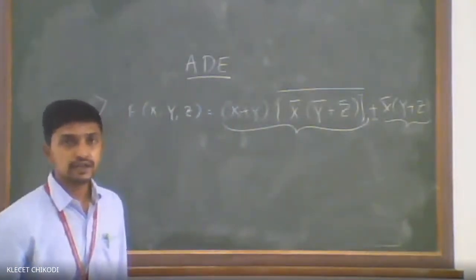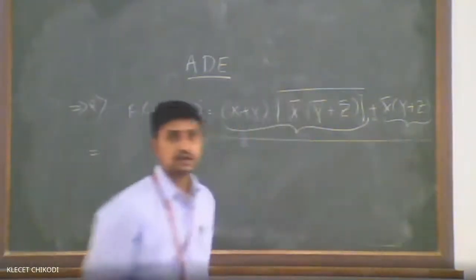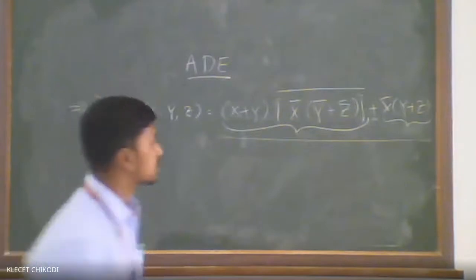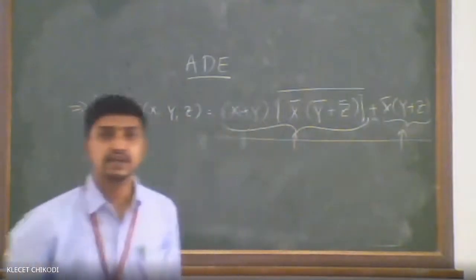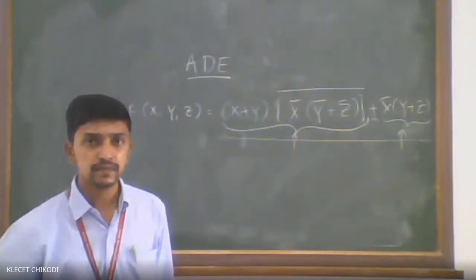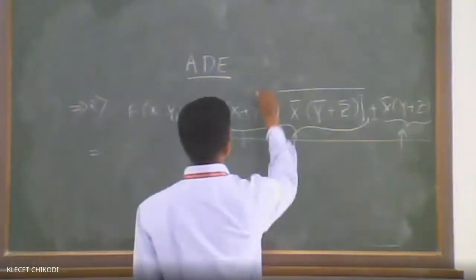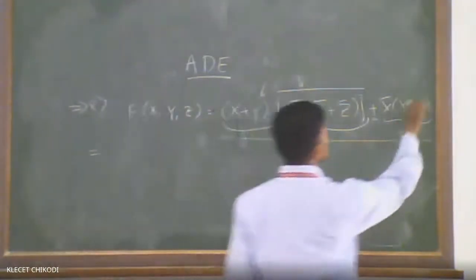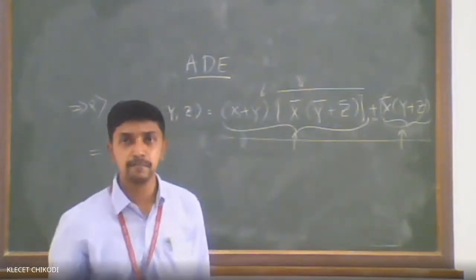So what are we going to do here? Anybody? If you see the whole expression, how is it looking? Is it a SOP form or POS form? If I consider these two terms as one, and there is one more term, is it a SOP or POS term? Yes, it is SOP, because we have 2 product terms here, and again 1 product term. Since there are product terms, we are taking it as a SOP function, that is, a sum of products function.